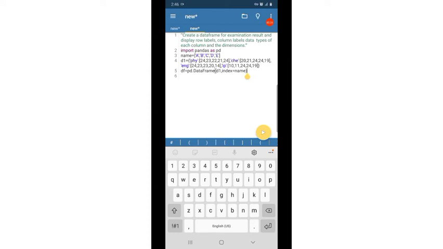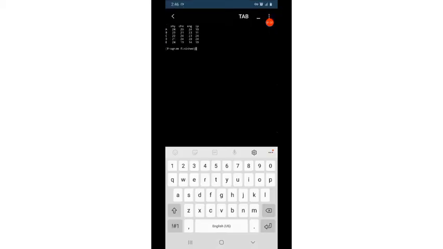So after that we are creating a data frame df. So here data is d1 comma index, that is the row index, I am giving as the index equal to the names, the student names. So it is in the list name. Then we can see our data frame, print df. So this is our data frame.